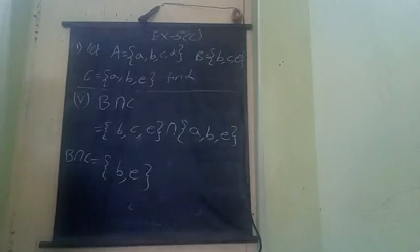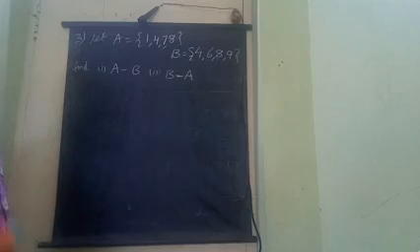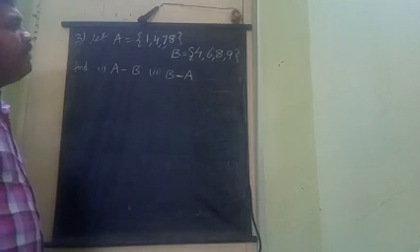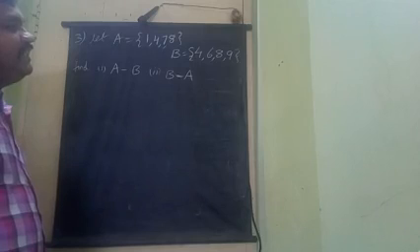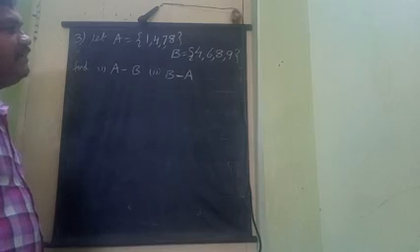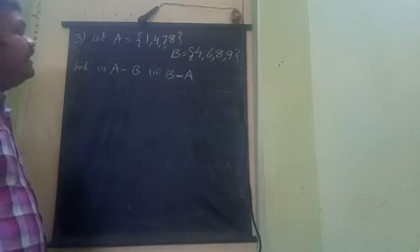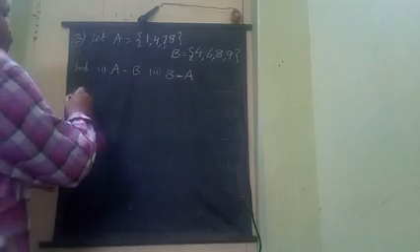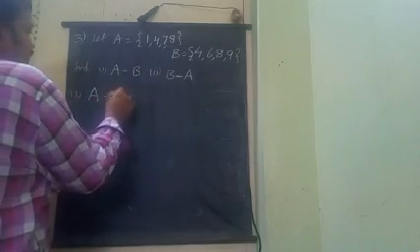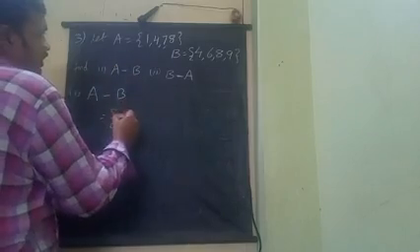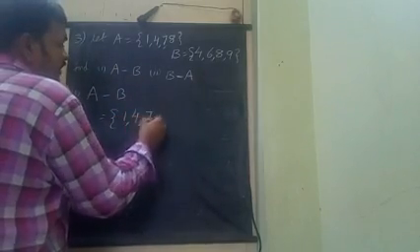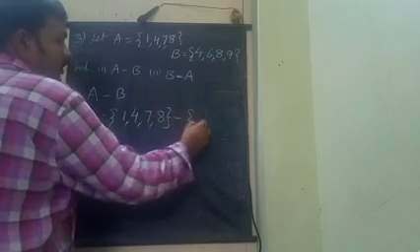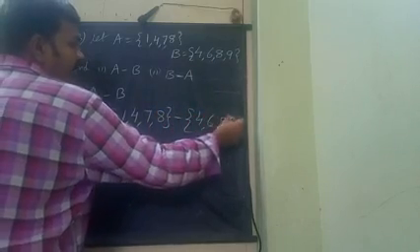Now I am writing the third Roman. See the third Roman here. Let A is equal to 1 comma 4 comma 7 comma 8. B is given as the set 4, 6, 8, 9. The first set has 4 elements; the second set B also has 4 elements. Whatever it may be, we have to do subtraction. Don't read it as subtraction; this is called difference. So first one is A minus B. We have to write the elements of A: 1 comma 4 comma 7 comma 8 minus 4 comma 6 comma 8 comma 9.